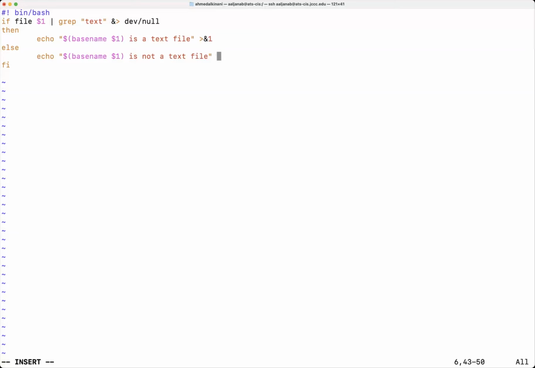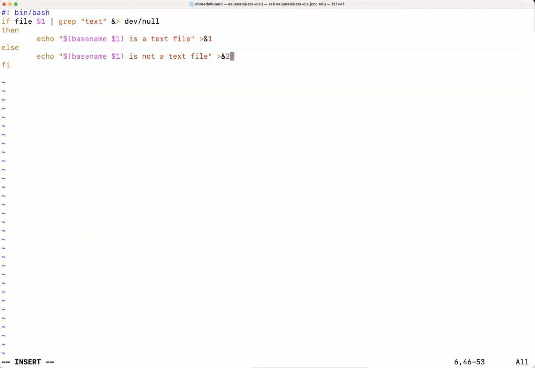Now, in this case, I can also redirect this one to 2 instead of 1. And we said the file descriptor number 2 is used for standard error. So this echo message that I have for the else statement is going to be associated with an error message, and it's going to be using the standard error, or the file descriptor number 2, to print the message on the screen. Now, as a user, you simply would not be able to tell the difference because it's just 2 messages that are going to be printed on the screen.